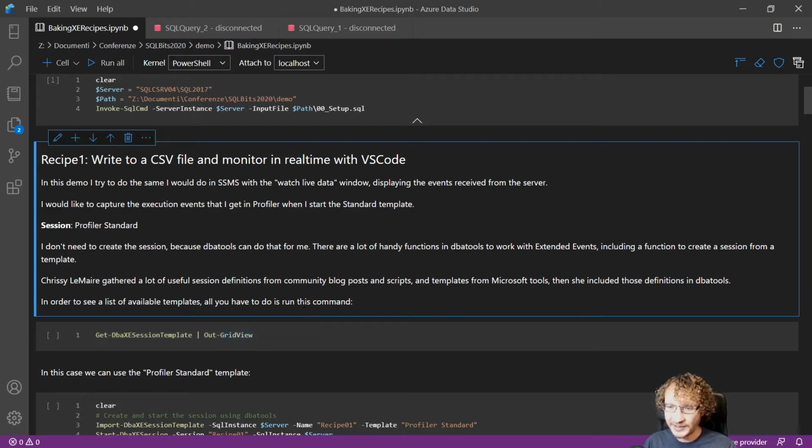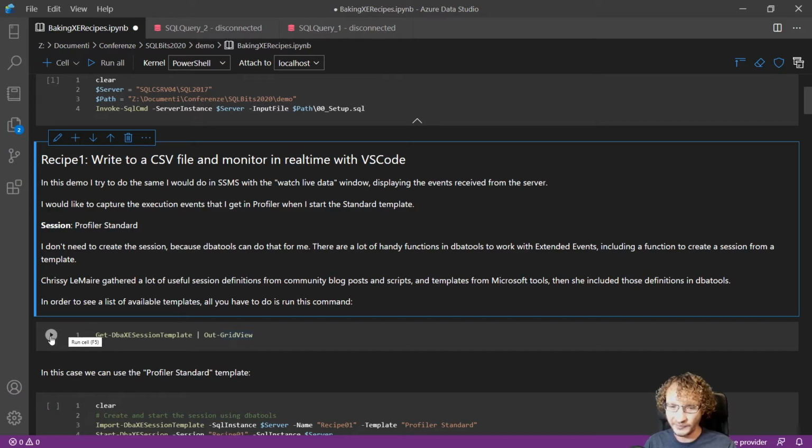And we also presented here at SQLBits 2 years ago how easy it is to use dbatools for your extended events work. So one of the things we can do is grab one of the available templates from dbatools and use it as a starting point for running a session without having to write a single line